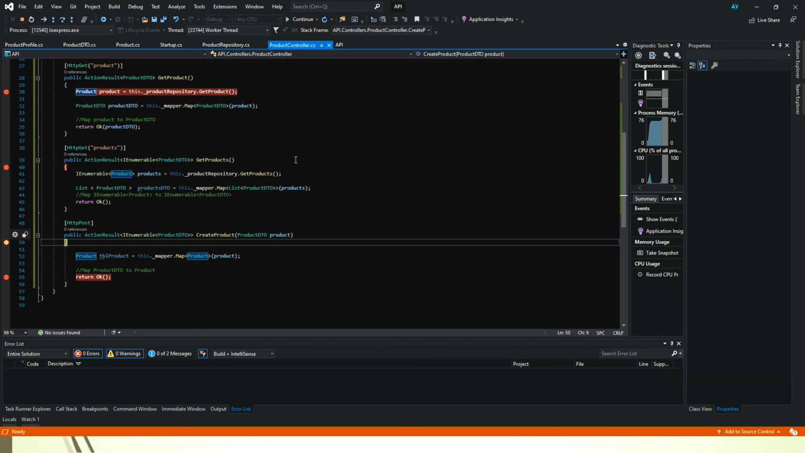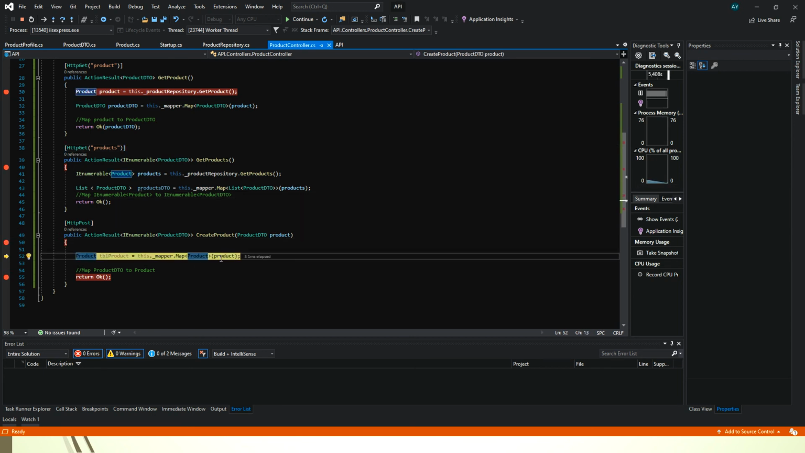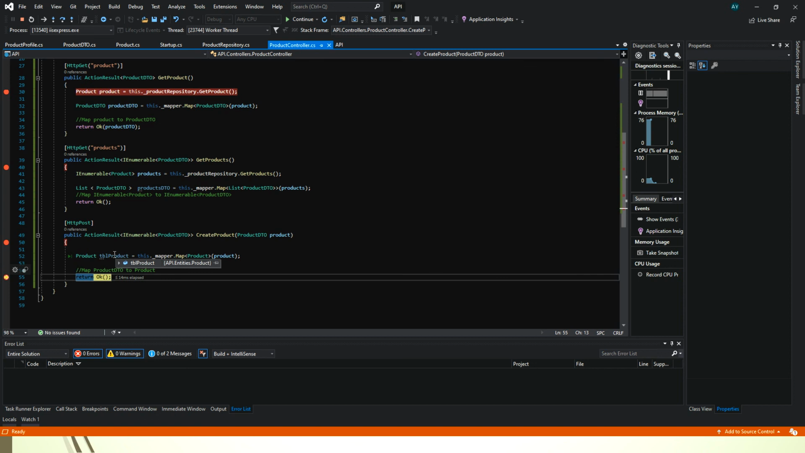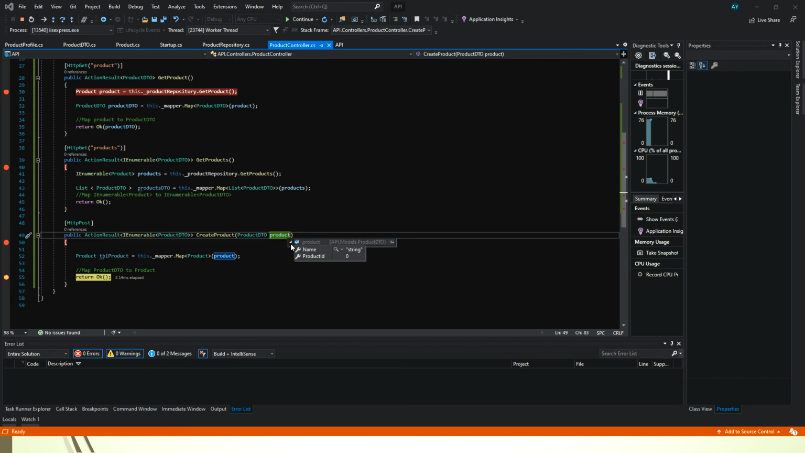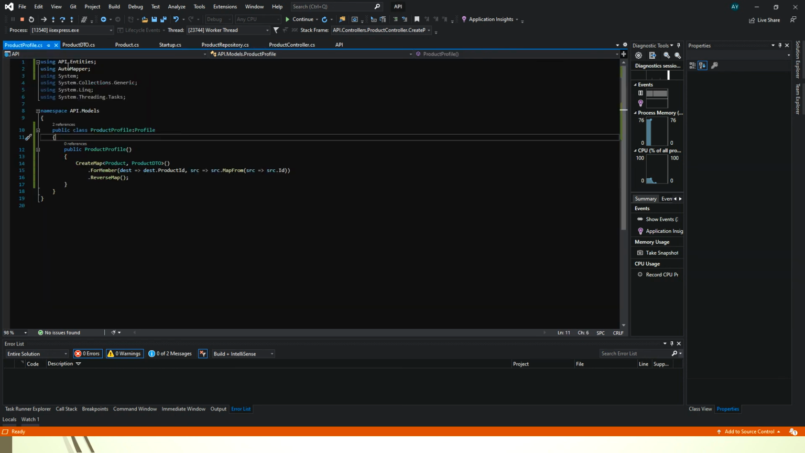Try execute. We are getting a product here, and then we are mapping it to a product. Let's see, did it work? Yes, it did. We're getting ID 0 and a string. This is just because we sent ID 0. And this is why we used the reverse map. Now we can go from product to product DTO and DTO to product. And it's the same with this ForMember. We are mapping product ID